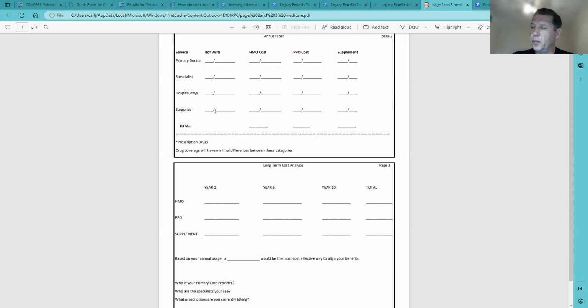Okay. So when I look at an HMO, with your usage, you're not paying anything for primary care. You're not seeing any specialists. So you're actually saving that $200 for the specialist visits fee. You probably won't end up in the hospital. So that's another $200 you're saving. You don't have any upcoming surgeries, but just for the sake of comparison, I'm going to go ahead and put